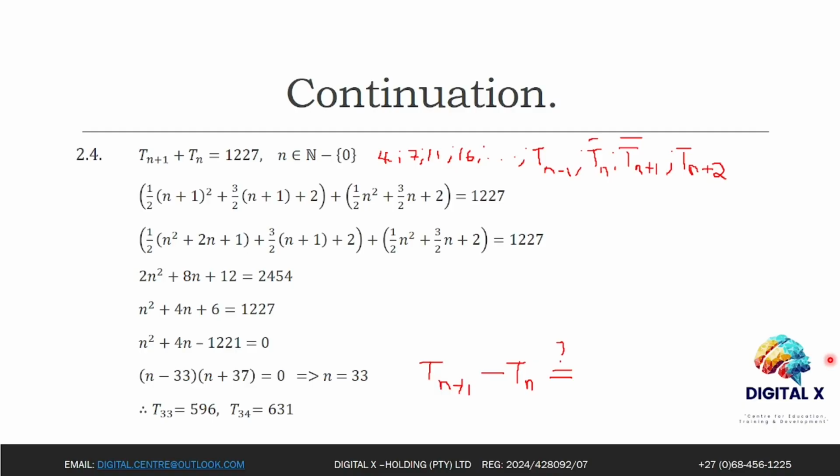Now, as I mentioned, this is a notation that we use to indicate that n is a natural number, and we exclude 0 from that. It is the position of the term in the sequence. So you're just going to take the formula, and we remember that the nth term of this particular sequence is given by